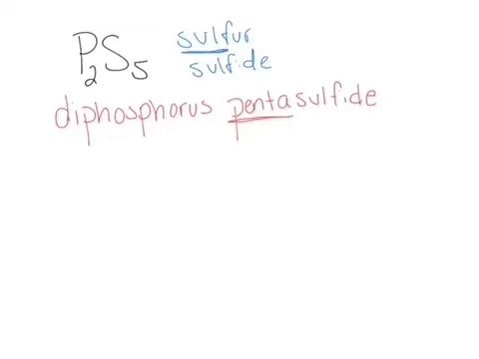Okay, so now let's do some more examples, just to give you some ideas as to what other compounds would be called. All right, so let's take ClO2. Now for the second part of this, you take the root of oxygen, and this is actually just ox, okay? And so this becomes oxide, but there are 2 of them, okay? So the fact there are 2 oxygen atoms with this compound,